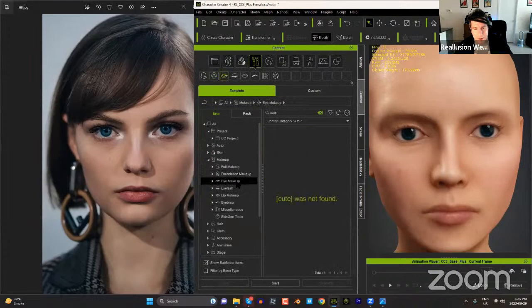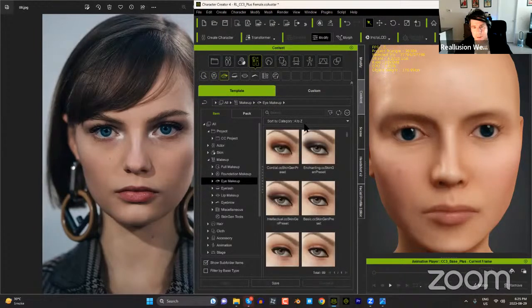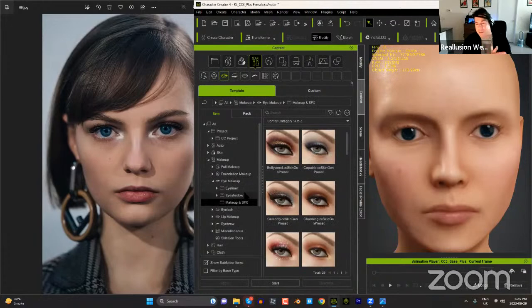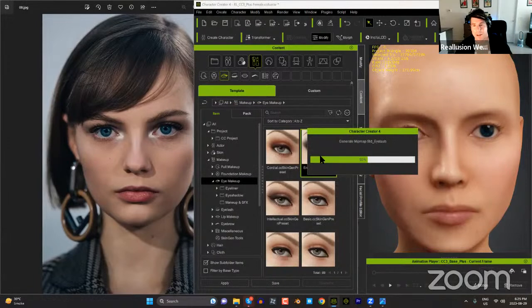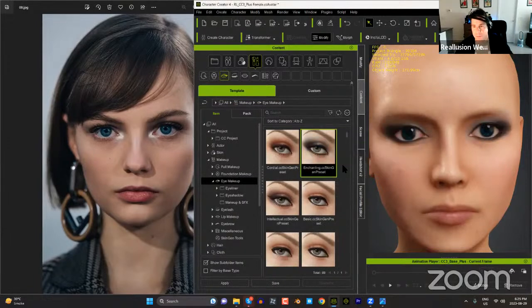Now we can go to eye makeup here, and in eye makeup, I think there was one called Enchanting. Yeah. So again, if you have the content pack called Makeup and SFX, which I highly recommend, we're going to talk more about this later. Basically, you get a great deal with other stuff right now if you purchase that, the 4-in-1 SkinGen it's called. But I'll just go ahead and use this eyeshadow eye makeup here, this Enchanting preset. Now, it's not going to look exactly like the female character, but we can make some really quick adjustments here by going into modify,